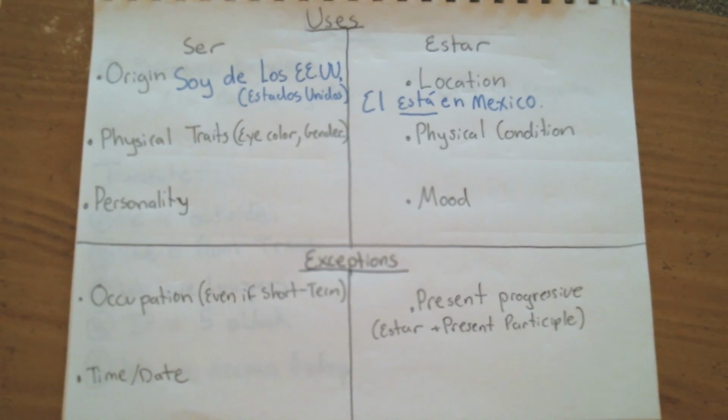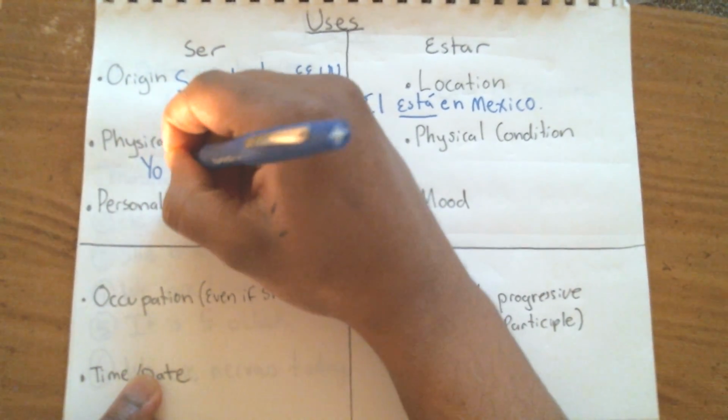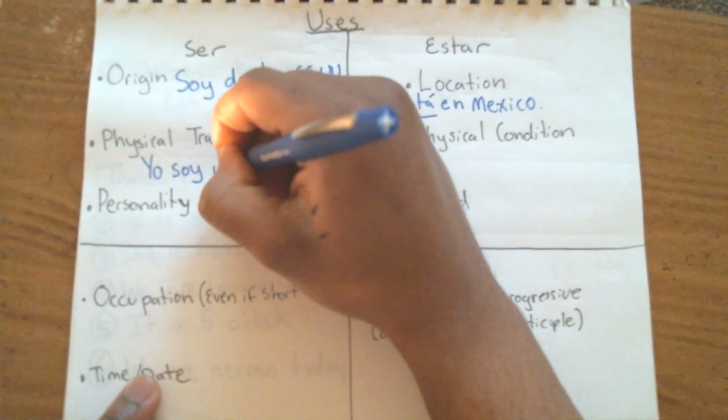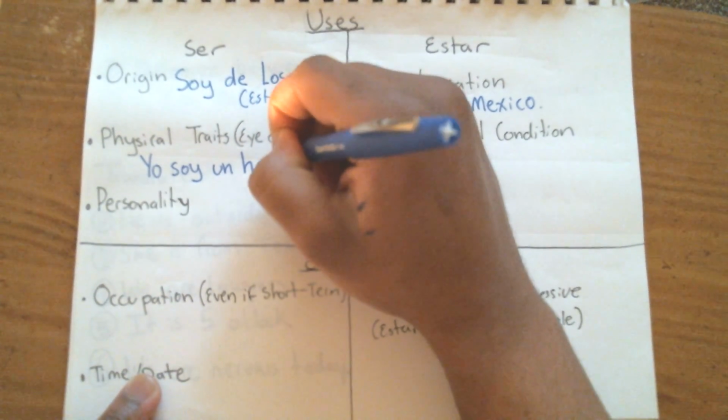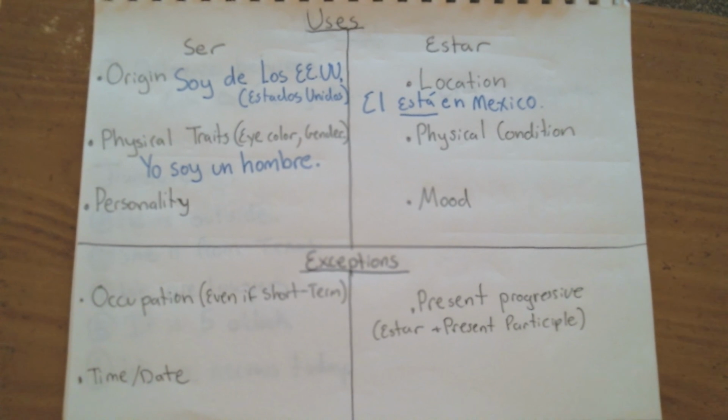Okay, let me give you an example of that. I'm going to say one of myself. I would say, "Yo soy un hombre." Okay? You would say, I am a man. This is what I was born with. This is not subject to change. No matter how I would dress myself, I can't change the fact that I have one X chromosome, one Y chromosome. So in Spanish, and just in general, your gender is permanent, okay? Or your eye color, or your height, or anything like that.